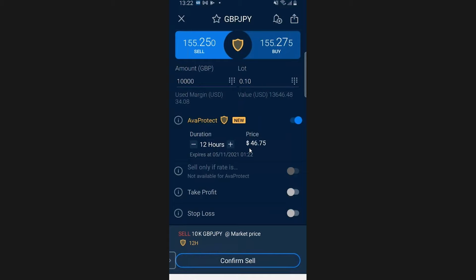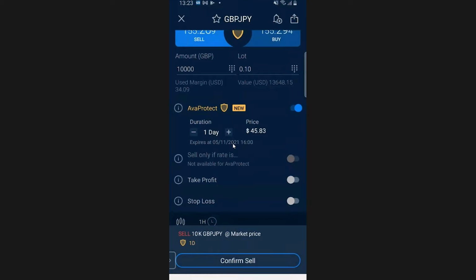If it goes flying the wrong way, doesn't matter how far, during that 12 hours of protection, any negative gets added back to my account once the protection ends. Then I could put a stop loss or something like that after the protection pays me for any negative, and the trade can keep running. Very cool feature. You can protect by the day as well. It depends what you're looking to do. And sometimes to go from 6 hours protection to 1 day or 2 days, there's not much change in the cost. So you could protect even longer for almost no additional cost.